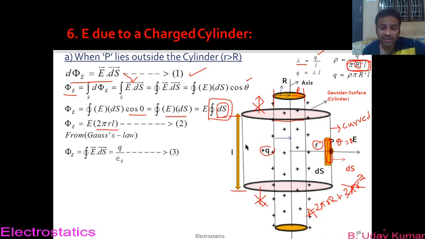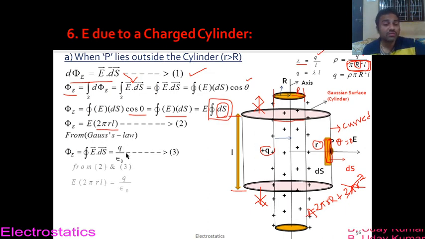I already mentioned that inside this Gaussian cylinder I have taken the charge present inside it as plus q, and hence by Gauss law I can write the total electric flux as 1 by epsilon 0 times q. If I take this as q dash, it becomes q dash. If I take this as q double dash, it becomes q double dash. Try to understand that.